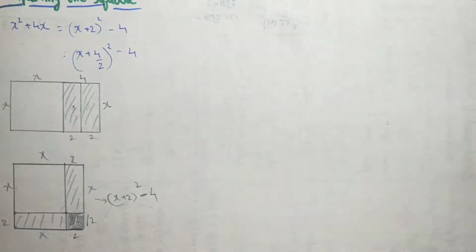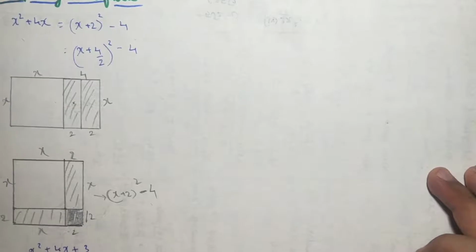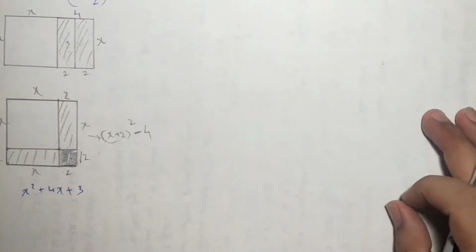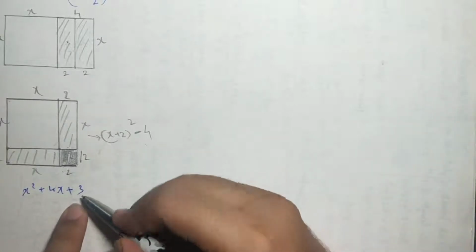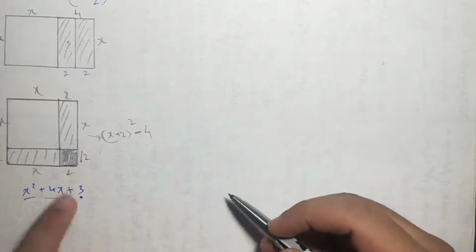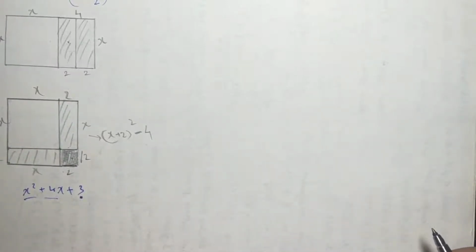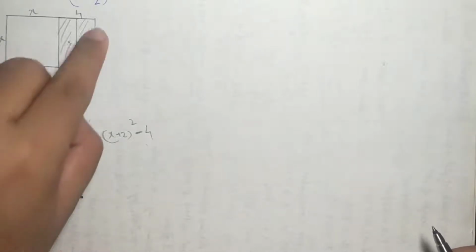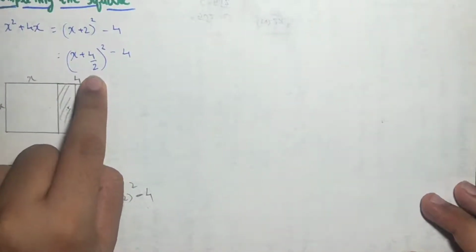No doubt, I may be given x square plus 4x plus 3. If x square plus 4x plus 3 is given to me, then I don't have to take care of 3. I'll only take care of x square plus 4x this way, and I'll see the 3 later on, it will be taken into calculation later. So, first two terms. Now why have I written this 4 by 2 over here?